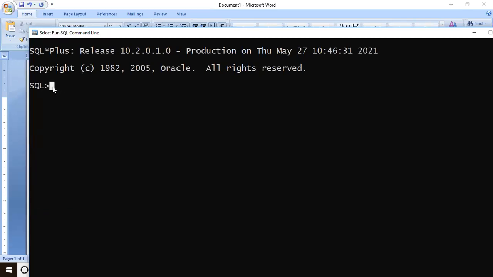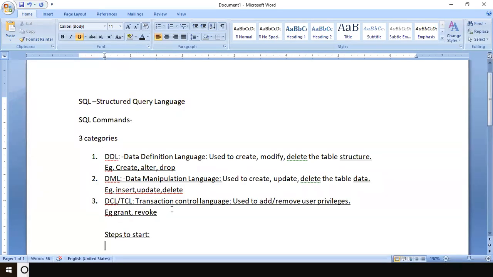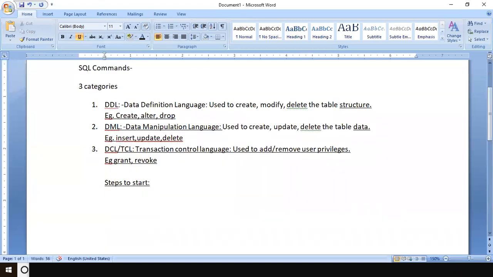Now here to log in, all of you write down the steps to log in. And whenever you write the steps, you write like this. Whenever you write any Oracle command or SQL command, always write SQL prompt, and then in front of that write the command.